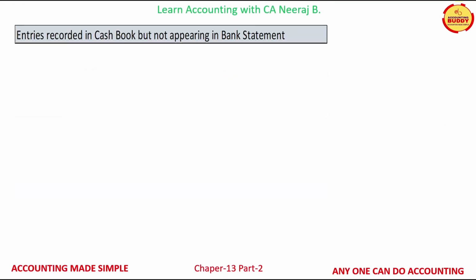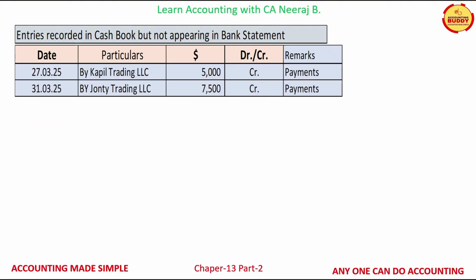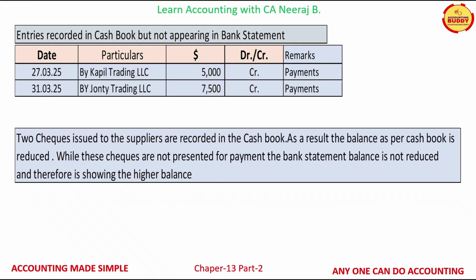Let us now talk about the entries recorded in the cash book but not appearing in the bank statement. On 27th March and 31st March, checks for $5,000 and $7,500 were issued to the suppliers Couple Trading LLC and Jaunty Trading LLC, and both these checks were recorded in the cash book on the date on which they were issued. As a result, the balance as per cash book is reduced. While these checks are not presented for payment,